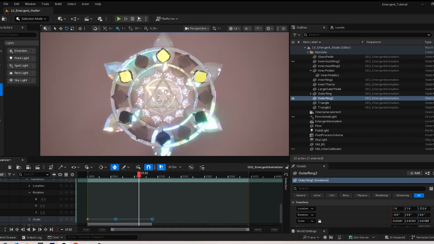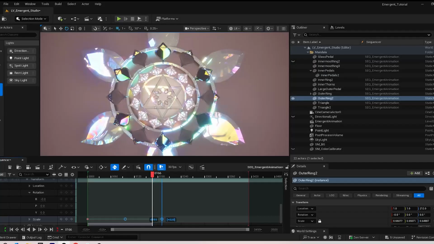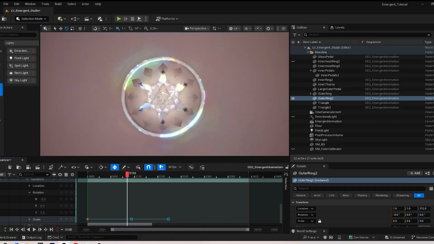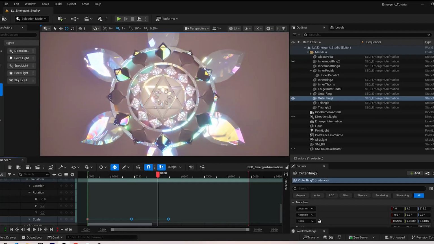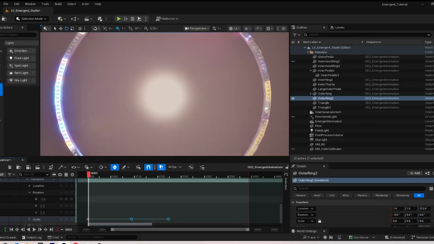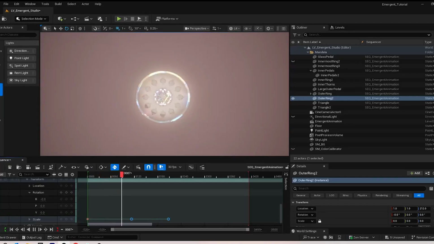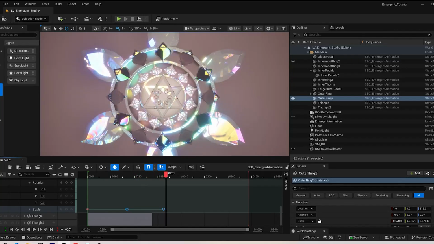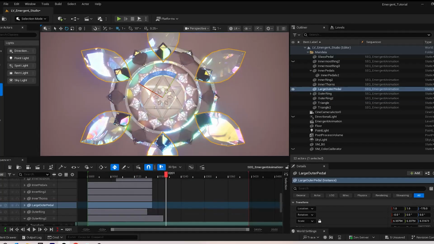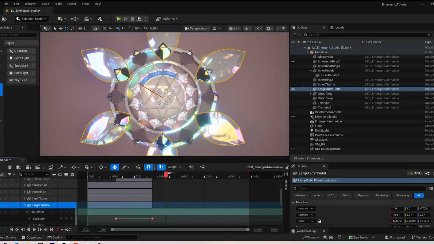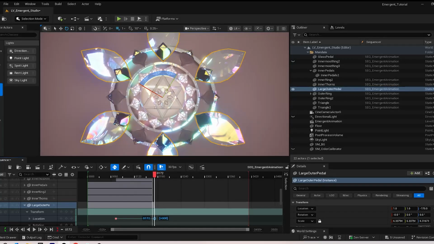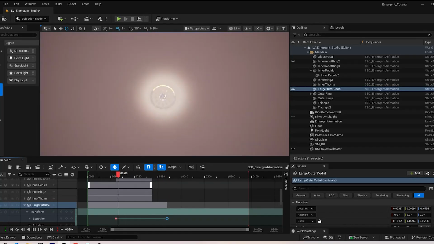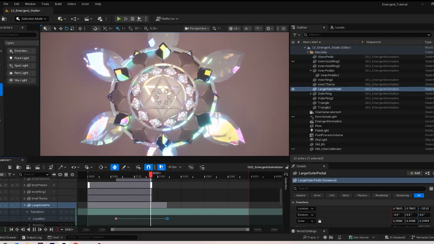Go to outer ring 2. I'm just going to drag that a little bit later. When we drag this out, it'll just take a little longer to get to its final position. Okay. So a lot of this is stopping all at once. Only a few pieces are moving. But the more pieces that seem to take a while to settle into their final position, so that's where that one stops. So if we just stretch that out a little bit further,